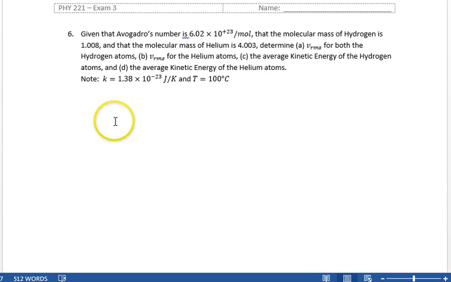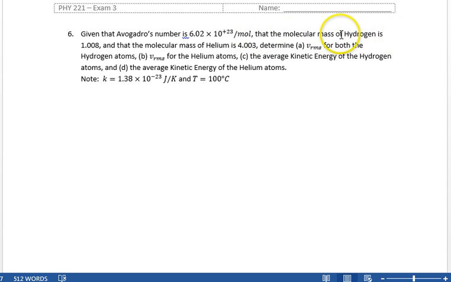Exam 3, problem 6. I apologize for the number of things I left out of this on the exam. I messed up Avogadro's number, left out the Boltzmann constant, left out the temperature, but here you go. Now that we have all of that correct,